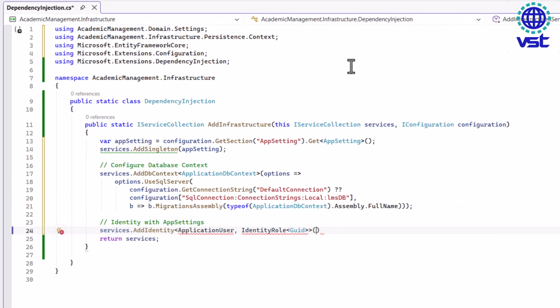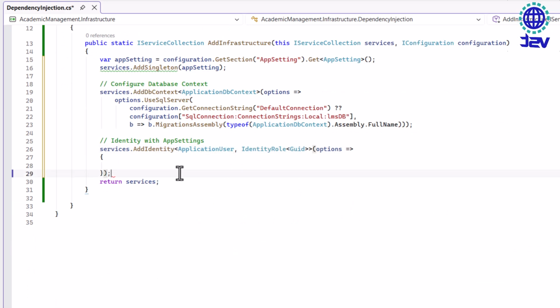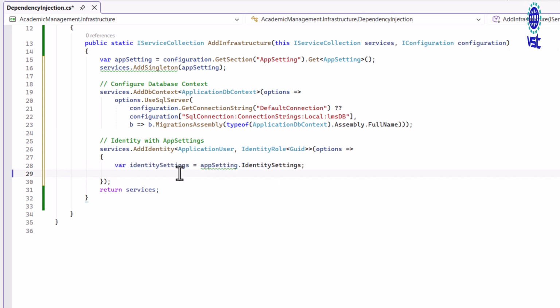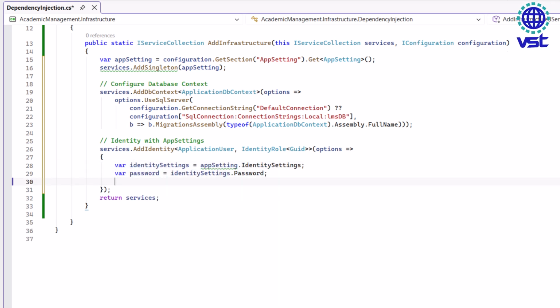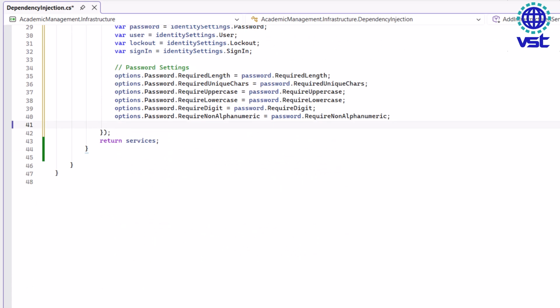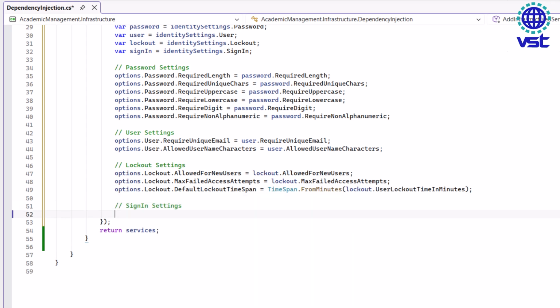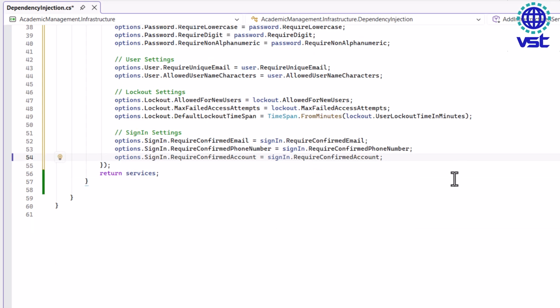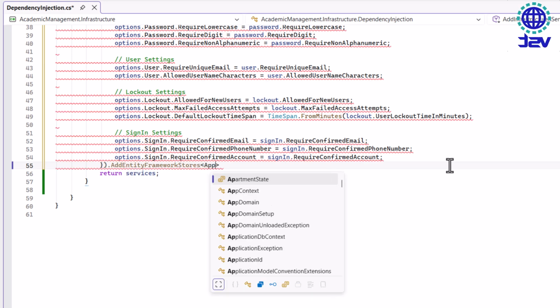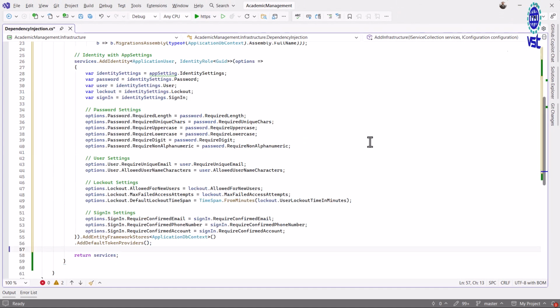Next, we configure ASP.NET Identity using our custom ApplicationUser and IdentityRole. Instead of hard-coding values, we will read all identity settings from app settings. We dynamically apply password rules such as required length and character requirements. Then apply user settings and then account lockout rules, such as maximum failed attempts and lockout duration. Then apply sign-in settings. Finally, we connect identity with Entity Framework and enable default token providers for features like password